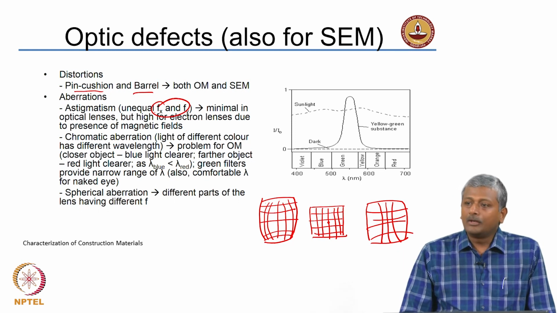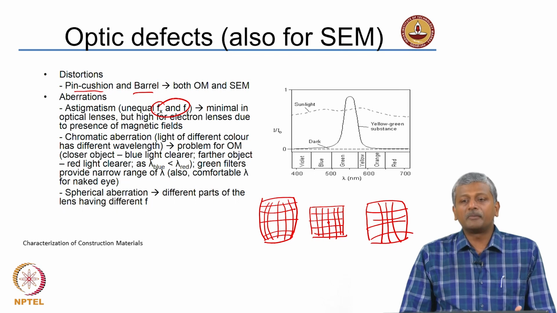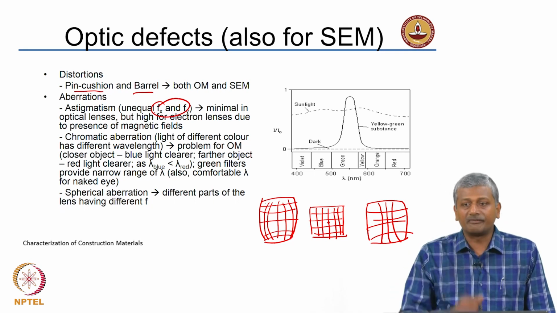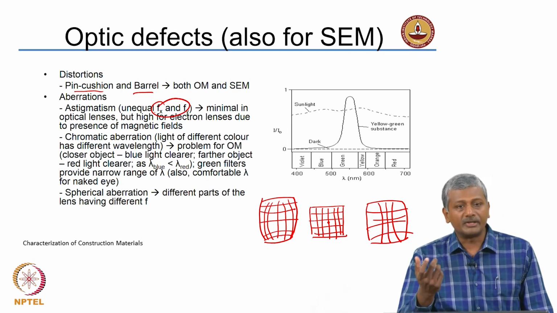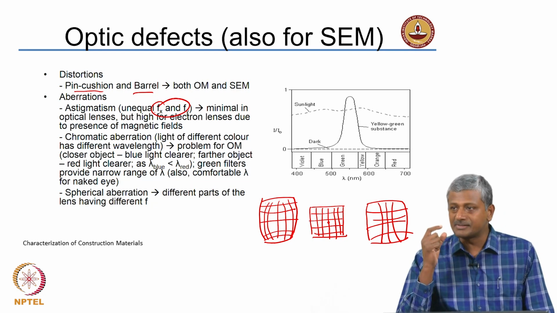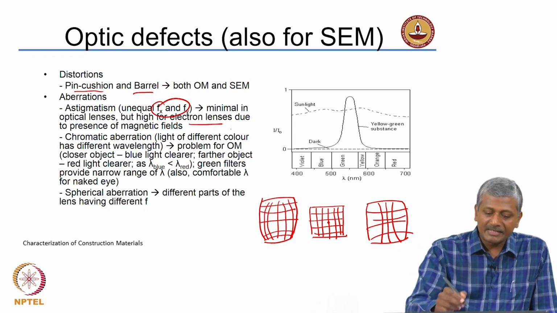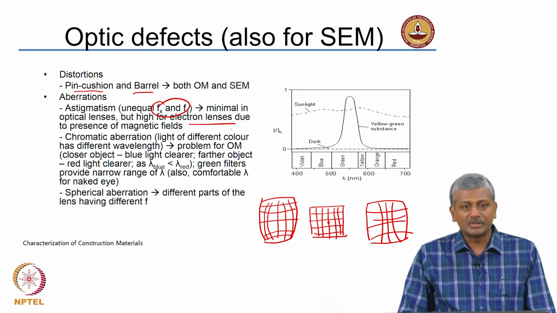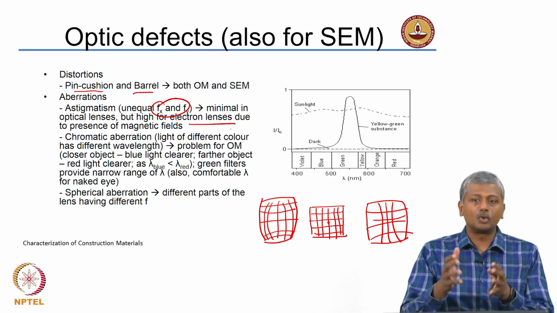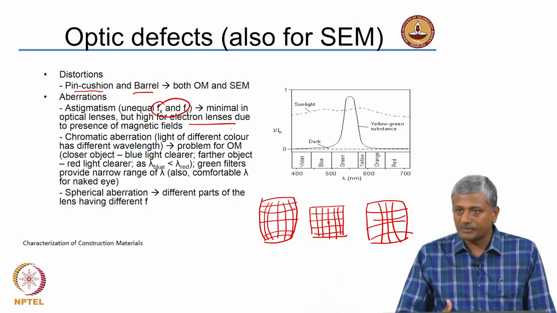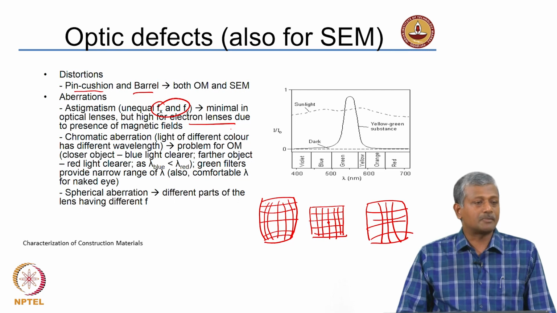Again, in optical lenses astigmatism is not that big a problem. Of course, in eye lenses it is sometimes a problem because of muscular effects, especially in old age. People get astigmatism because the muscles that control the lens become weaker, so to correct for that they have to get lenses. But in electron lenses, astigmatism can be significantly large because the electron beam is controlled with the action of a magnetic field. Whenever you have a lot of controlled magnetic field, there is always a chance of increasing the level of astigmatism.